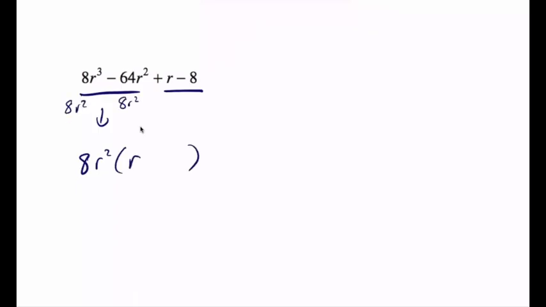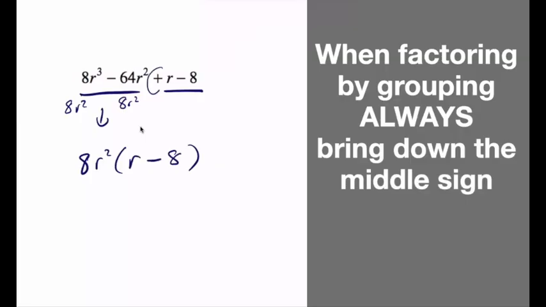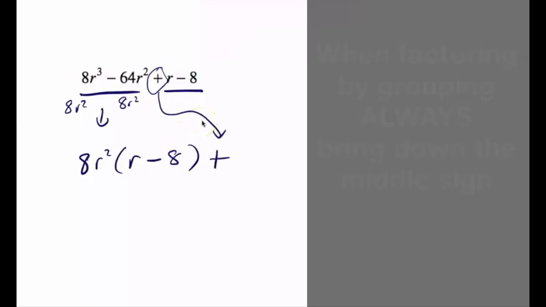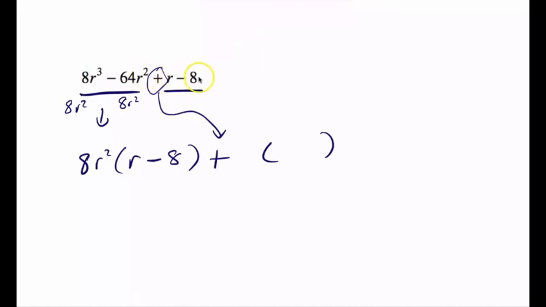Okay, next one, there's a reason I'm showing this one. Same concept though, we're going to do the first 2, last 2. These have an 8r squared in common. Divide all by 8r squared. I get r minus 8. Always, always, always bring down the middle sign. Now here's what gets a little tricky, that's why I want to do this one. R minus 8, they have nothing in common. When you have nothing in common,